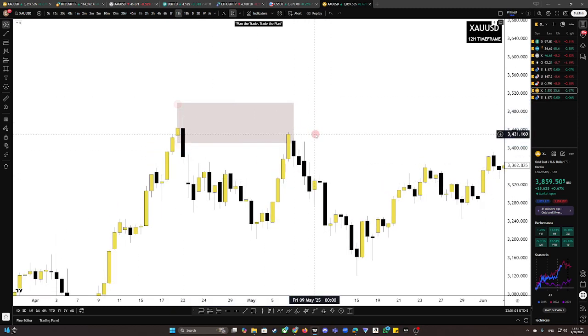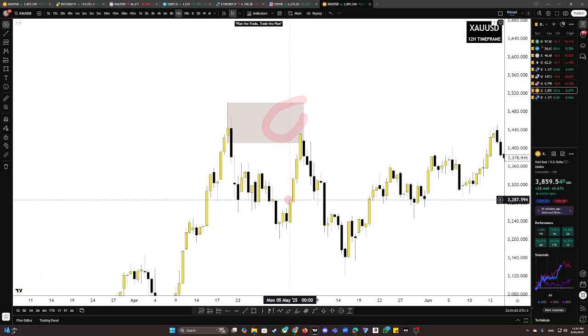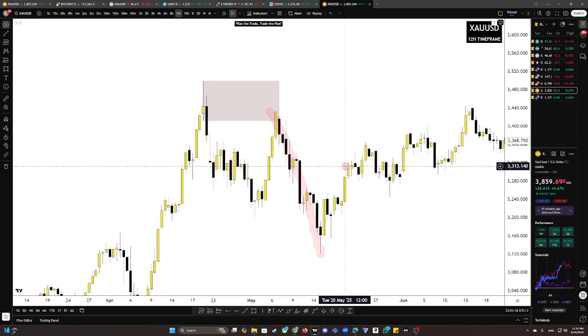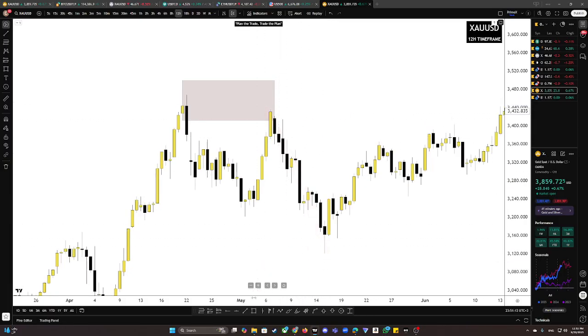And if you pull it, you will find that a supply zone was created, and it was a very strong supply zone actually, which caused a very aggressive move to the downside. And you still need to wait for a break. It doesn't matter that just by finding one candle you will find them everywhere. Yes, you will find them everywhere, but this candle needs to have done something and to be able to take trades from. And in this case, this was the last buy candle before an aggressive sell, which actually caused a